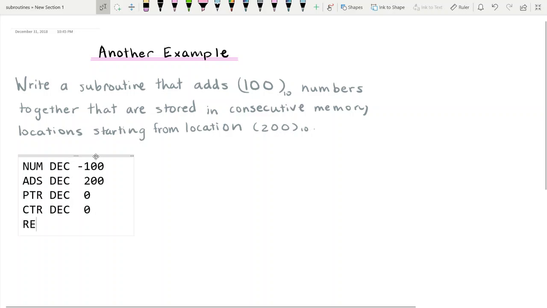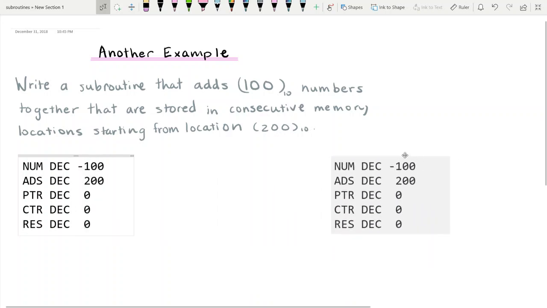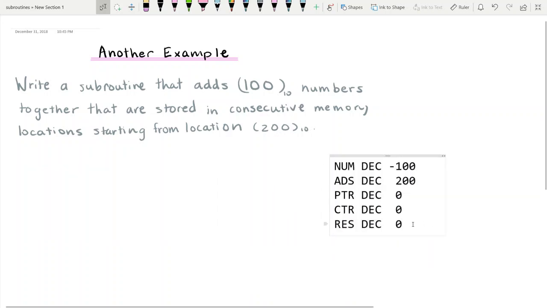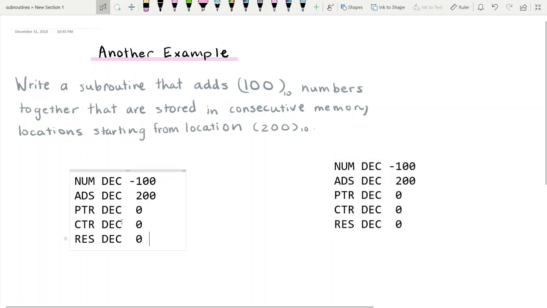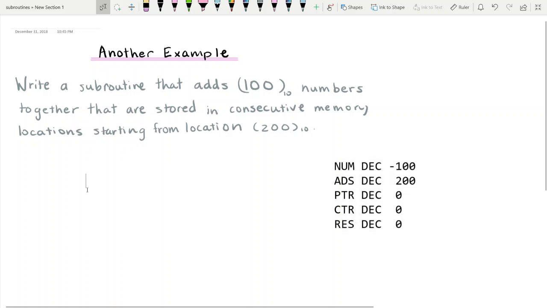And then let's have a variable called res for result, and we'll initialize it to 0 as well, and then we'll store the result of all the additions at the very end into res. So now that we have all our variables declared, we can just use that for reference. And let's go ahead and start writing our actual subroutine. So the first thing we're going to want to do is initialize our pointer and our counter. So let's start off by loading